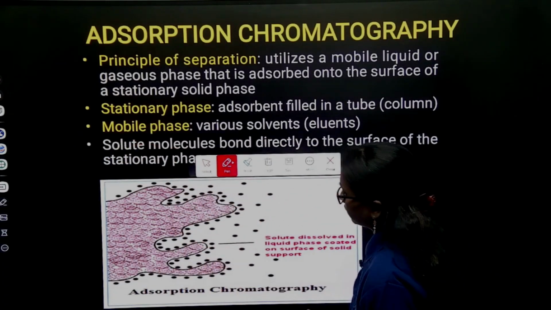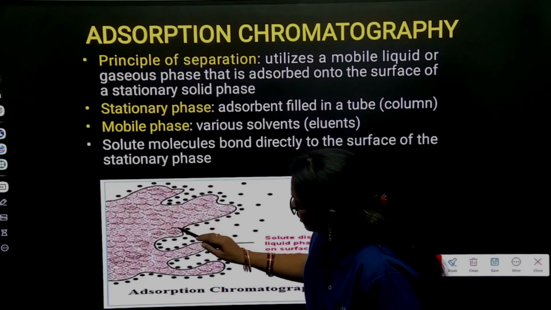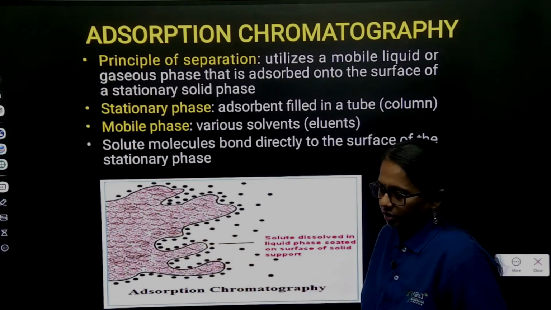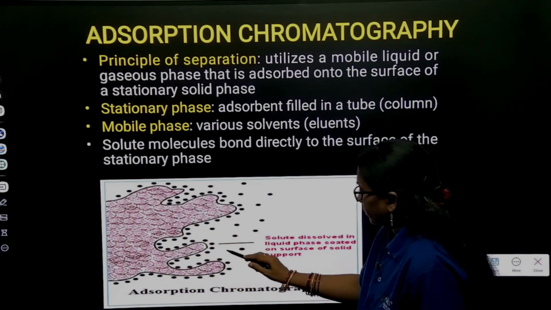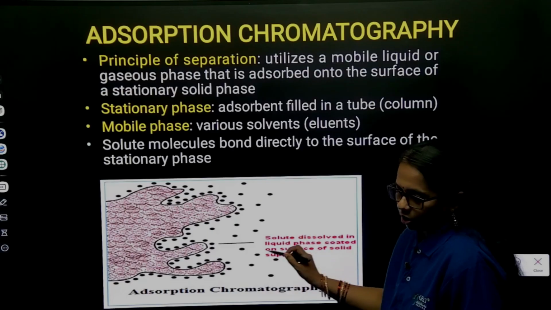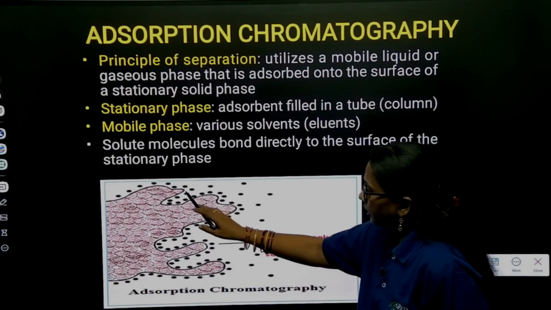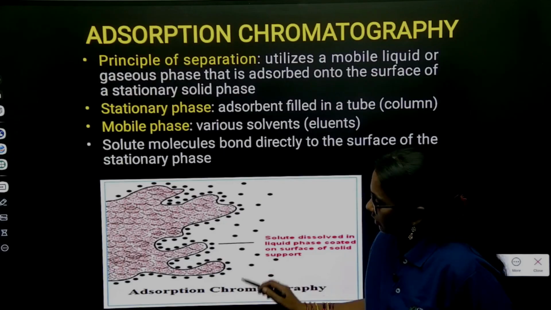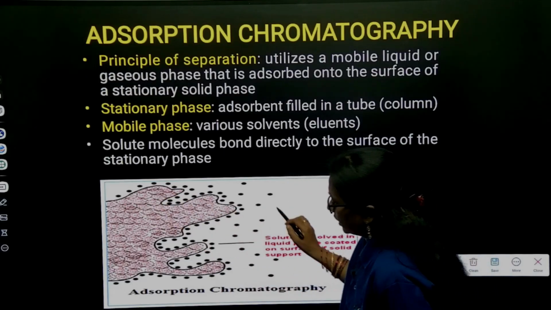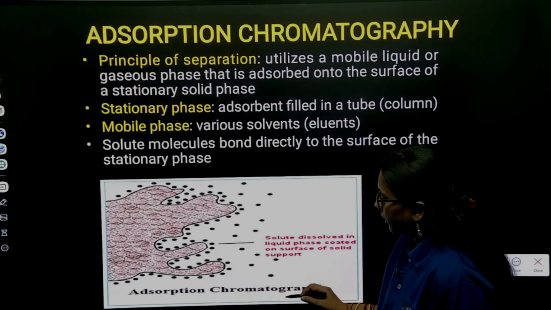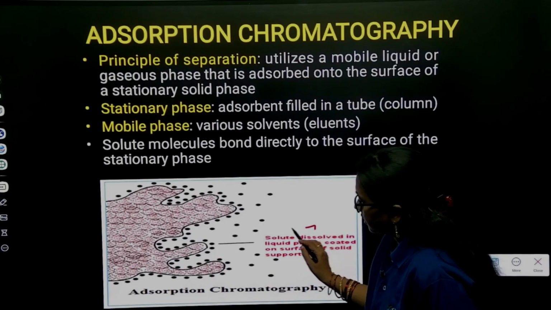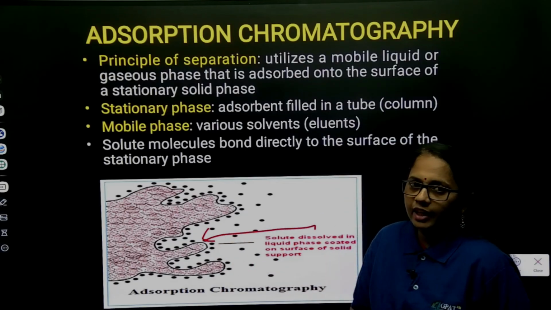Let us say this is a solid stationary phase, and the particles whatever these are, these are the solute dissolved in the liquid phase which are coated on the surface of the solid particles. So these are the different solid particles presented, and they are getting interacted with